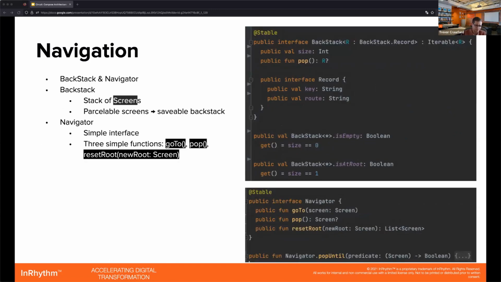So on navigation, in Circuit, it works using two key components, a backstack and a navigator. It uses really clear and straightforward concepts to reduce the amount of overhead associated with navigation-based logic when compared with other architectures. The backstack is just what you'd expect, a stack of screens. Circuit uses a saveable backstack that stores the stack of screens and their arguments, allowing you to revisit previous screens that you've been to. Since the screens are Parcelable, that means this backstack is saveable and can survive configuration changes and process death,